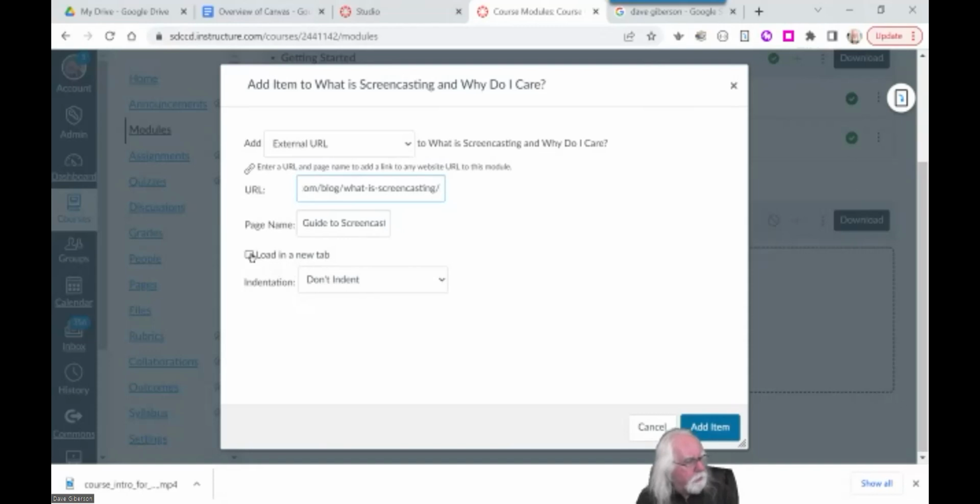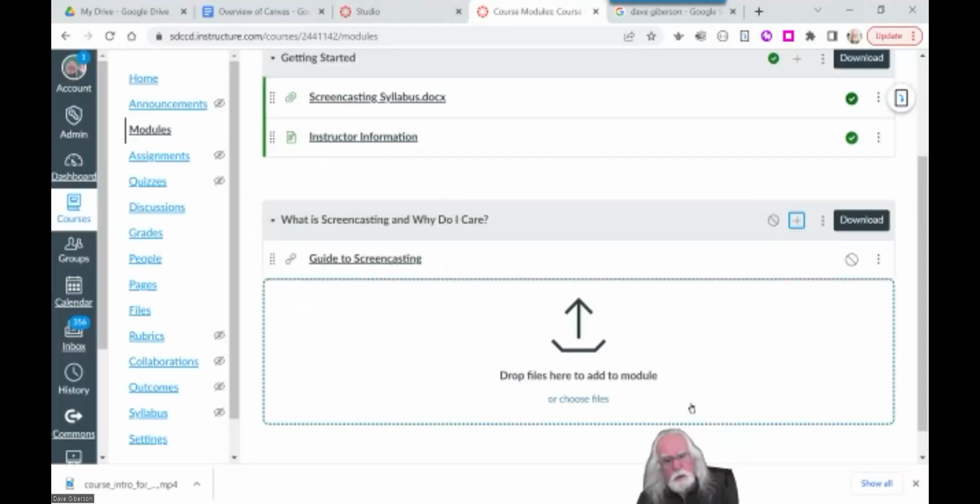And I can choose to load it in a new web browser tab or just into the content frame in Canvas. Let's see what that looks like. We won't load it in a new tab. Then I just add an item, and there's a Guide to Screencasting link. And the little chain link icon indicates that it's an external link, an external URL, a hyperlink, whatever you want